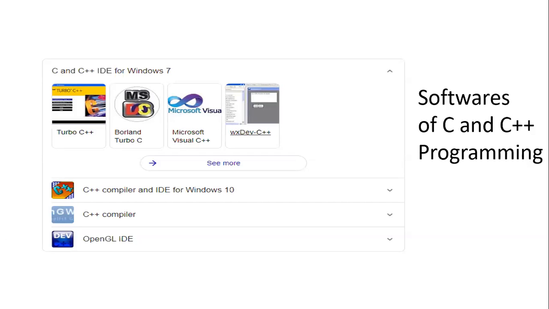The basic software that we require is Turbo C++, Borland C, Turbo C, or you can also execute these programs in Microsoft Visual C++ Studio, or else Dev C++ is also a platform to execute our programs. These are open software and freely available to you for downloading and executing. Now let us see the first screen of the C programming, how it looks.